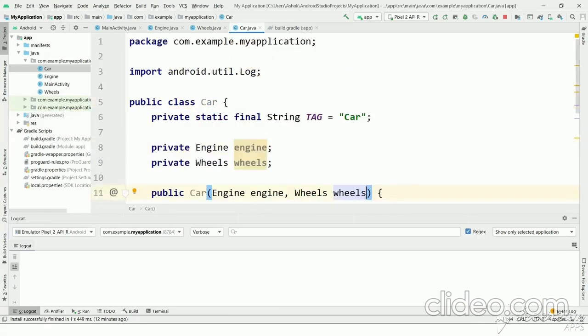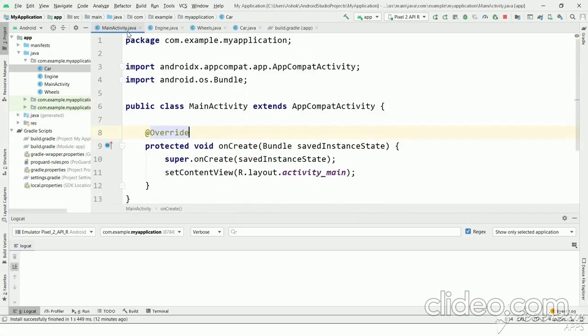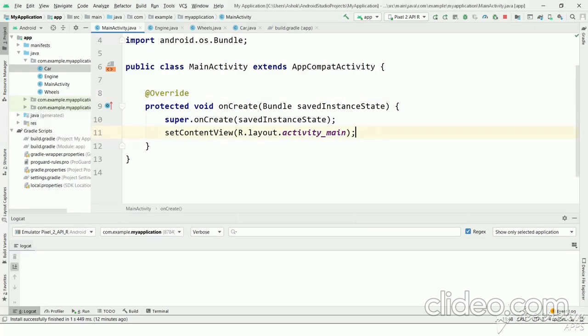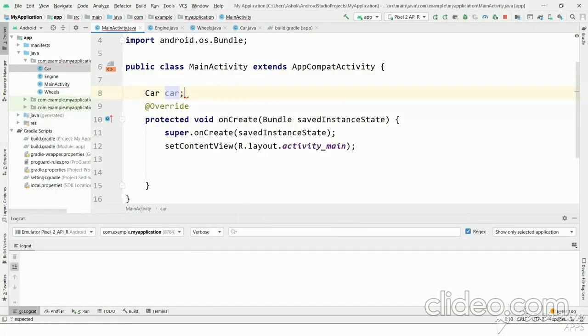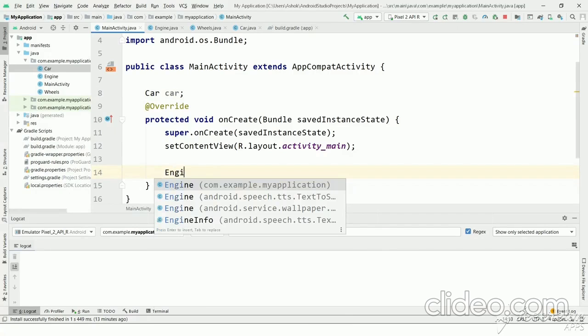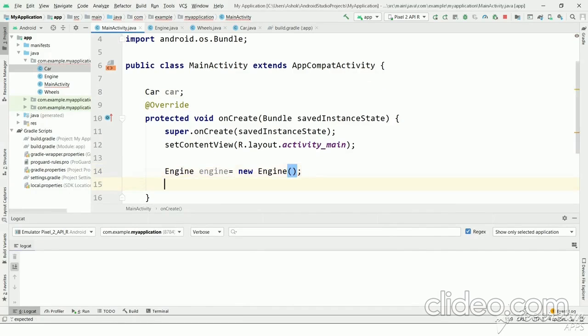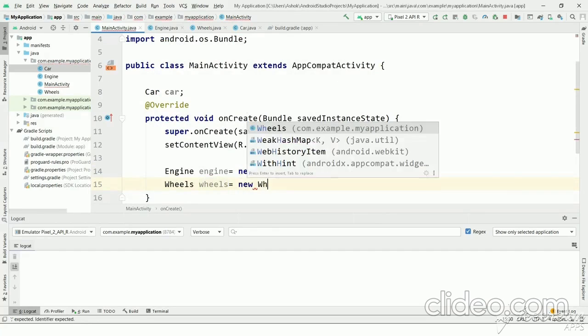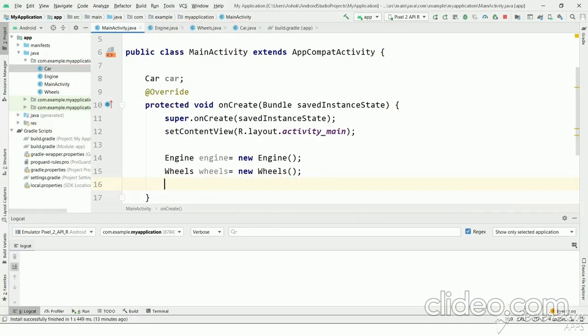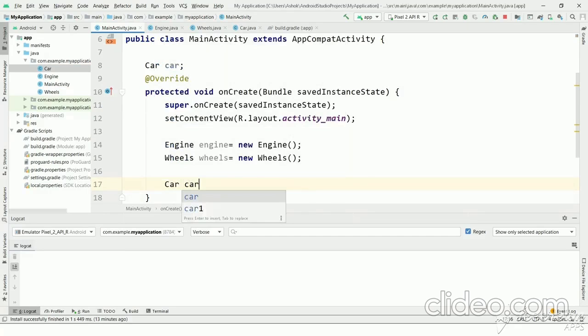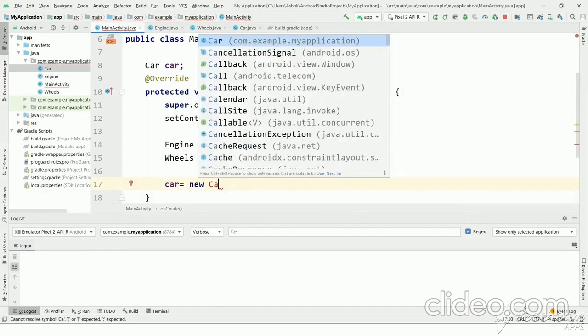And if you want to create a car class, how we will do normally? Let's go to the main activity. Let's have a car. In order to create a car, first we need to create engine, then we need to create wheels, and now we have to create a car class.